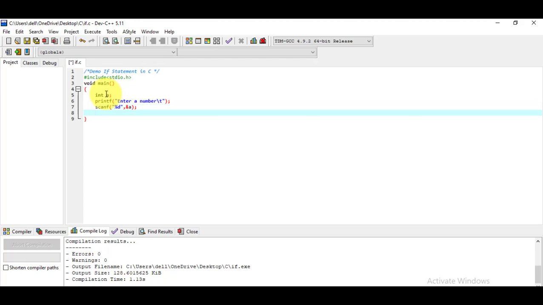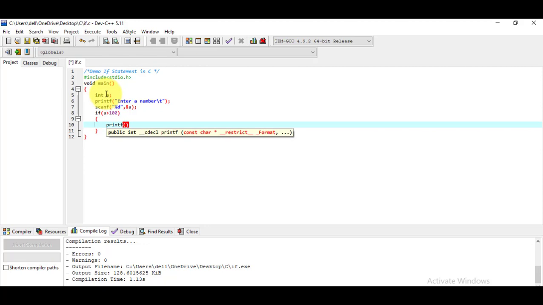Now I am going to make the decision here. I write if, and now I have to write the expression. Here I am writing a greater than 100. So the decision I am making is, if the value of a is greater than 100, I have to write the if body. Here I am just displaying a message, say printf, you have entered number